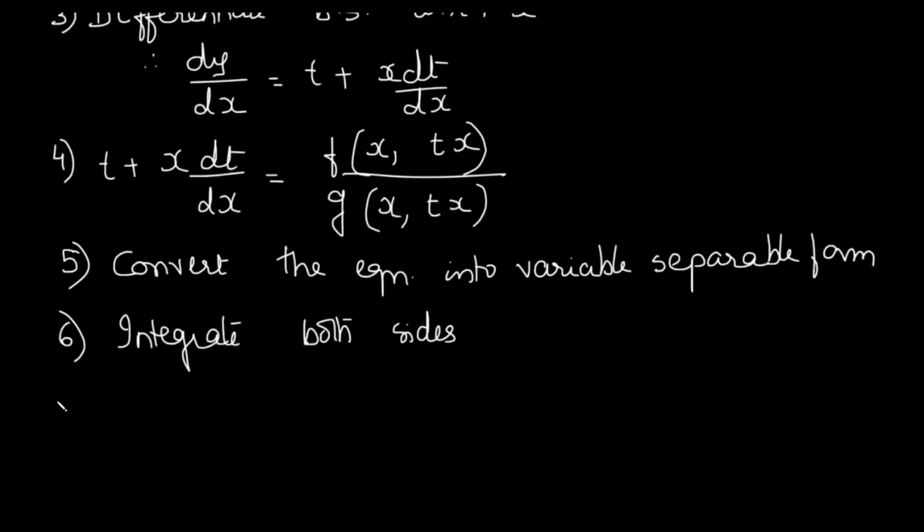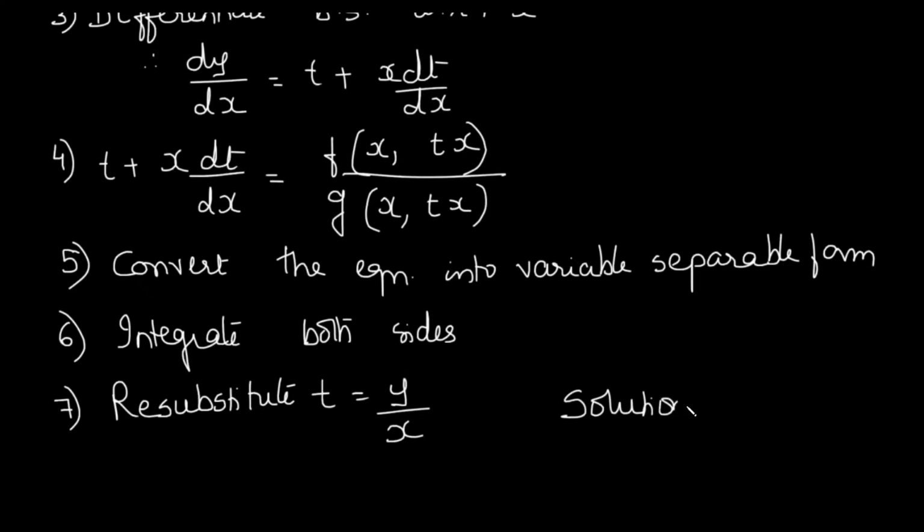Then once we integrate, we get our answer. Now that is not a complete answer, because we have to resubstitute. Last step, resubstitute t is equal to y upon x. We had put y as tx, so we get the answer in terms of t. We resubstitute t is equal to y upon x, and thus we get the solution. Now when you read these steps, it looks a bit overwhelming, as if too many steps are there. But as you do more and more sums, you will get more familiar and you will find the method to be easy and proper enough to be done.